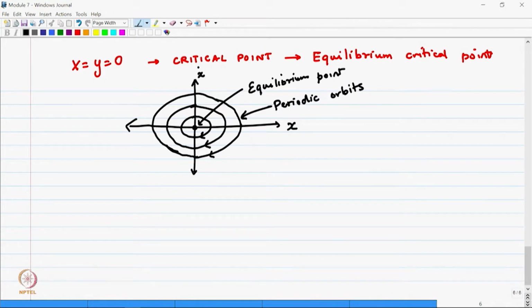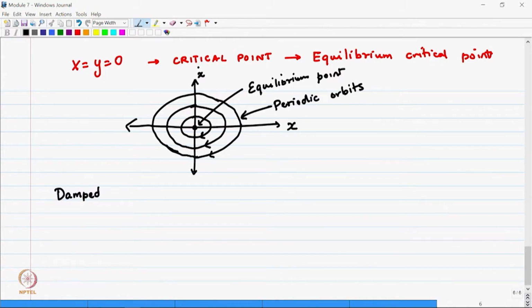So, just by analyzing this differential equation, we get that x equal to y equal to 0 is your critical point, which is an equilibrium point, and there are periodic orbits to this solution. So, a lot of information just by looking at the differential equation. Now, let us take the case of the damped